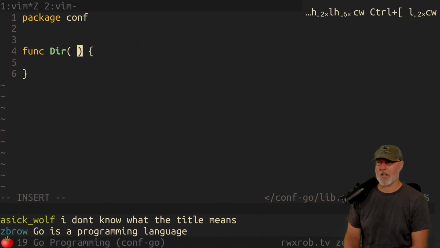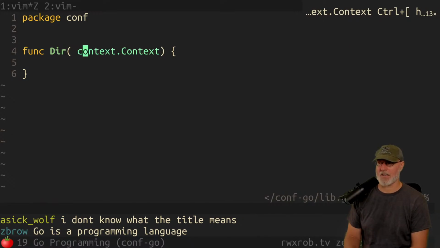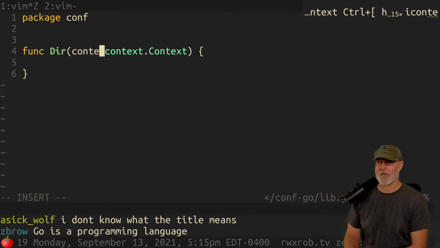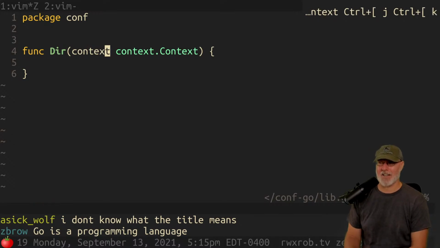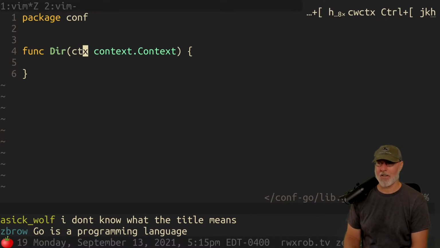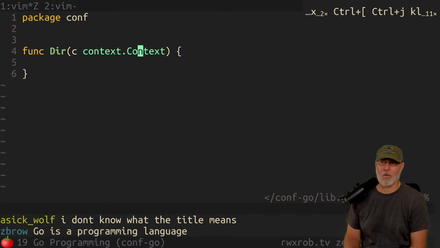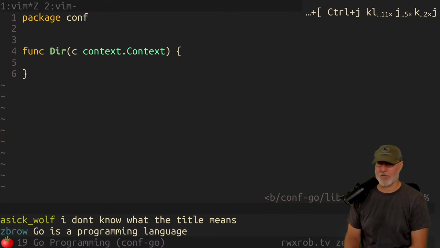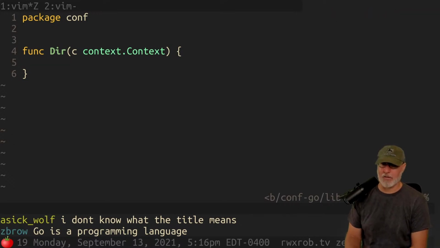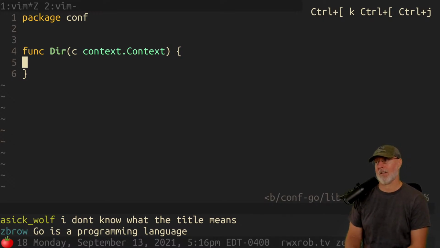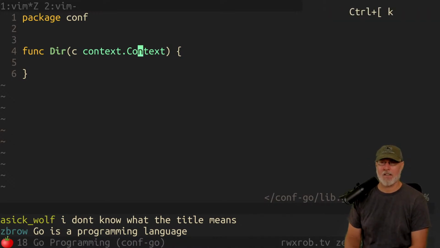For example, if you had a context, which I hate, context.Context. I actually opened an issue on this and got shut down. I think that's annoying as hell, right? So why would you name it like that? This is an actual thing that you're going to see all the time in Go. So instead of that, the convention that they've decided on is ctx, right? Or even c, right? Because you know what it is. So anytime you see a c in this block, and as long as your functions don't span more than a screen and a half of code, which they never should, unless you're writing a recursive descent parser that's going to span like 600 lines for efficiency. You have no business making functions that span more than 2 or 3 screens, in my opinion.